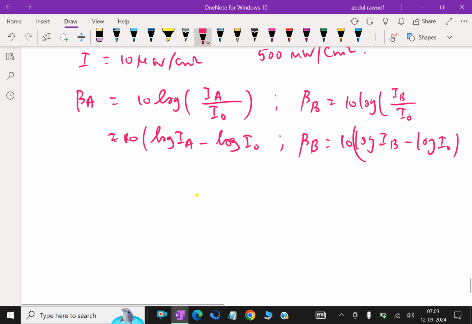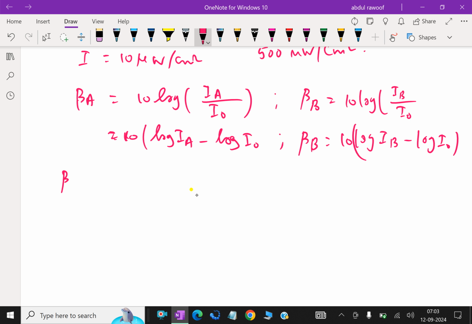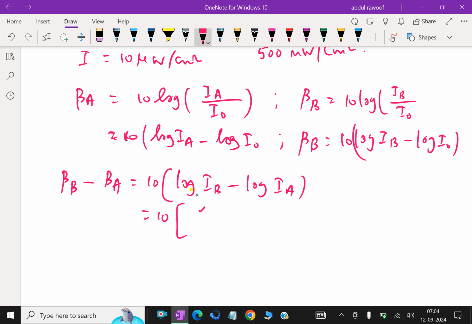Here, the difference of the intensity levels, beta B minus beta A, is equal to 10 of log IB minus log IA, which is equal to 10 times log of IB over IA,